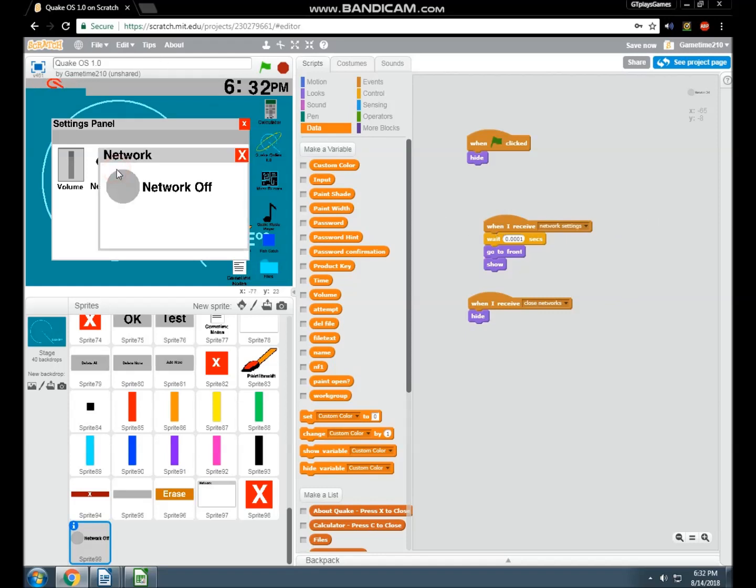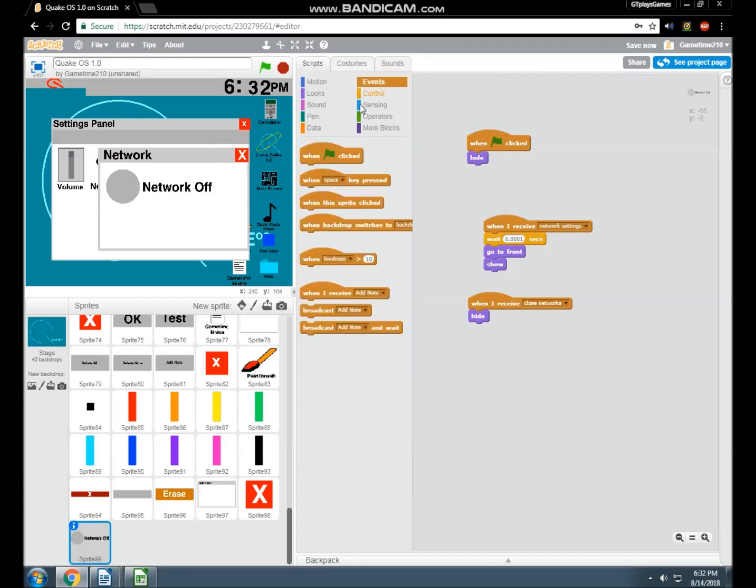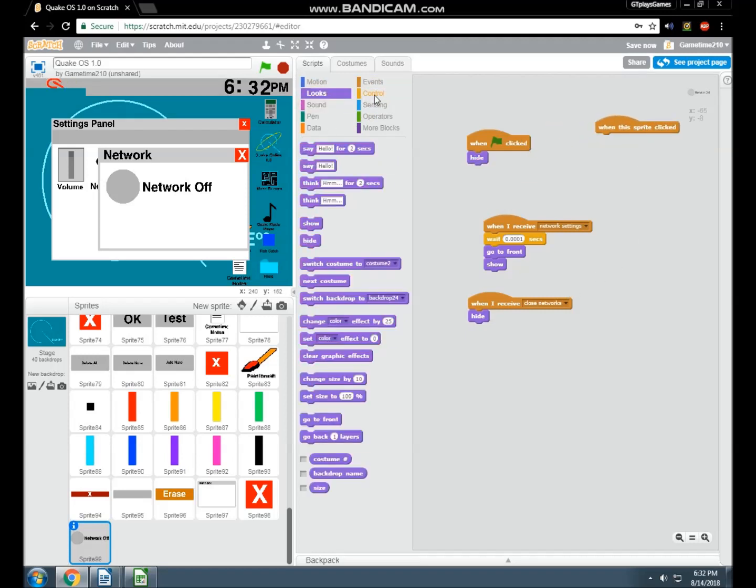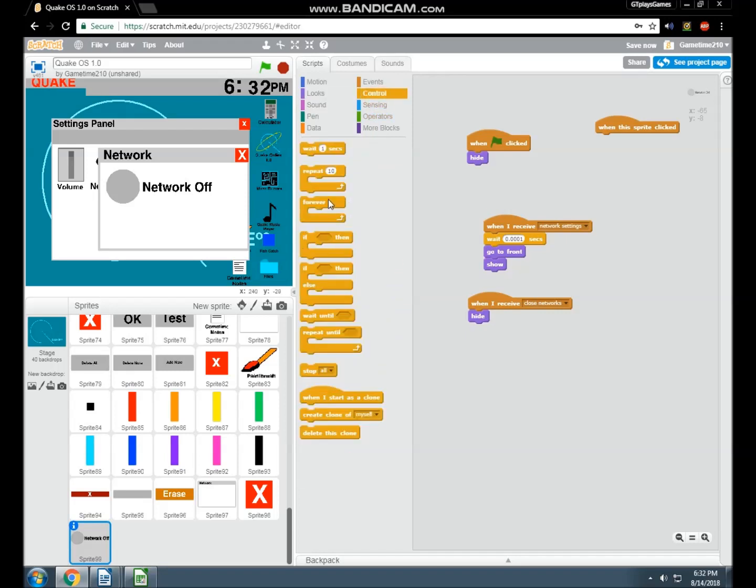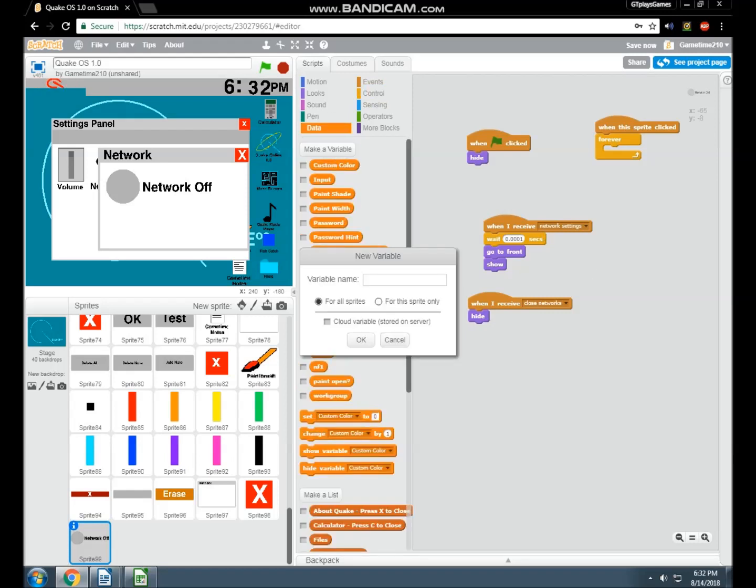Then once we do that, okay, good. When this sprite clicked, we're gonna do forever. Okay. So forever, if, okay, so one thing I'm going to do, I'm going to make a new variable saying network.